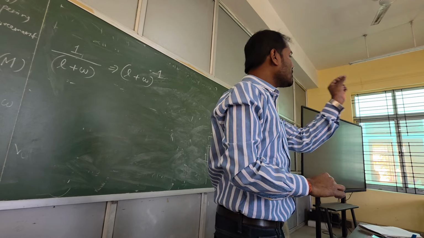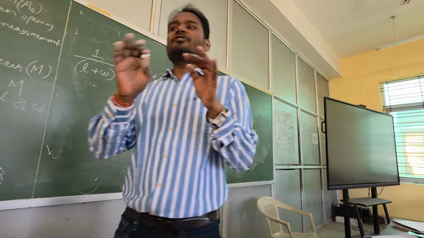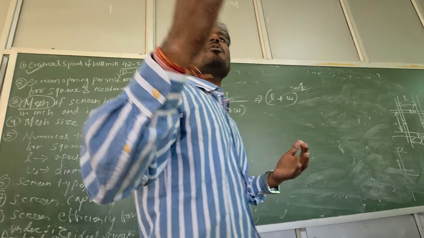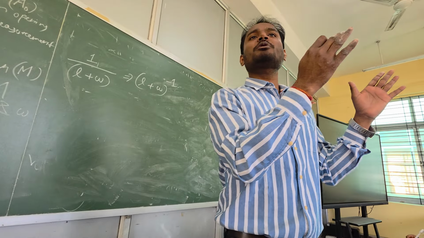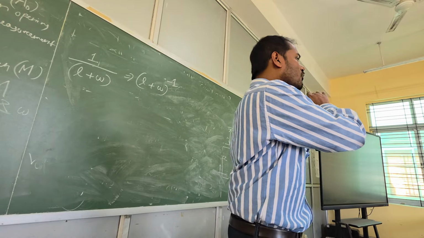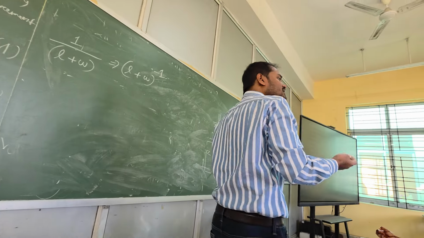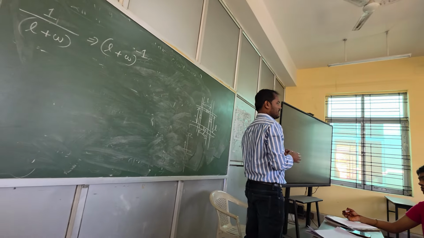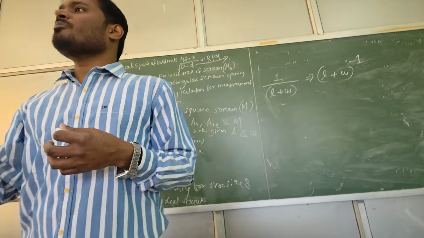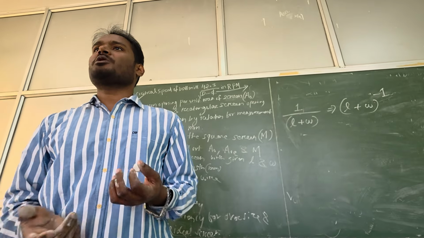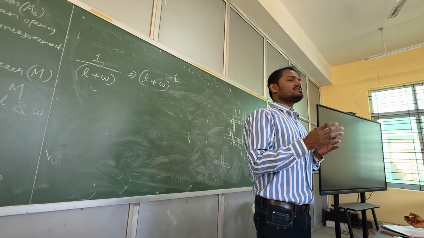And you need to find out how many apertures or openings are present per unit length. Unit length here, for screens, is in inches, or I can take millimeters. So in 1 inch, how many openings are there? That is the mesh number. Or in 1 linear mm, how many openings are there? That defines the mesh or mesh number. So per linear inch or per linear mm, how many openings, that defines the mesh. Right? Suppose I am saying my screen mesh is 4.